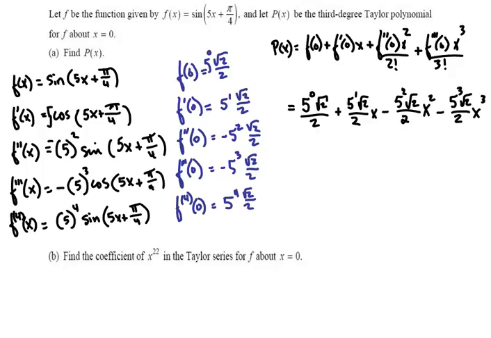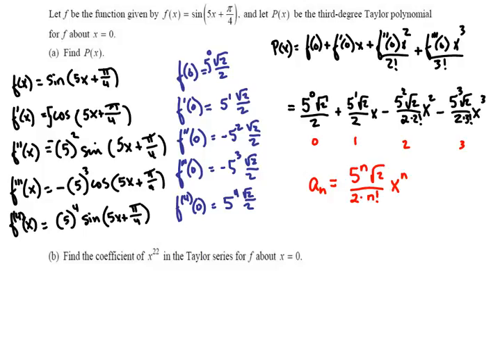Okay, in part B of this problem then, we're asked to find the coefficient of x to the 22nd in the Taylor series for f about x equals 0. So we will need to be able to find a general term. And so looking at the third degree polynomial that we found above, it's pretty straightforward. It looks like it's going to be 5 to the n times root 2 over 2 times x to the